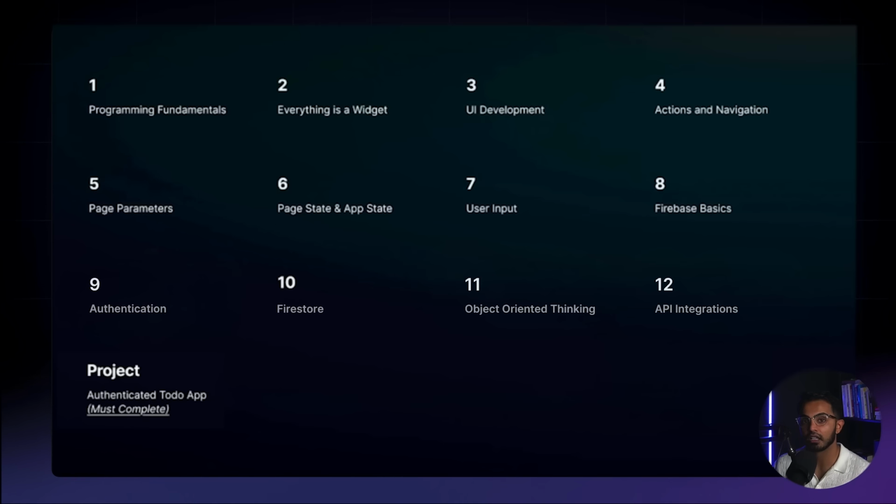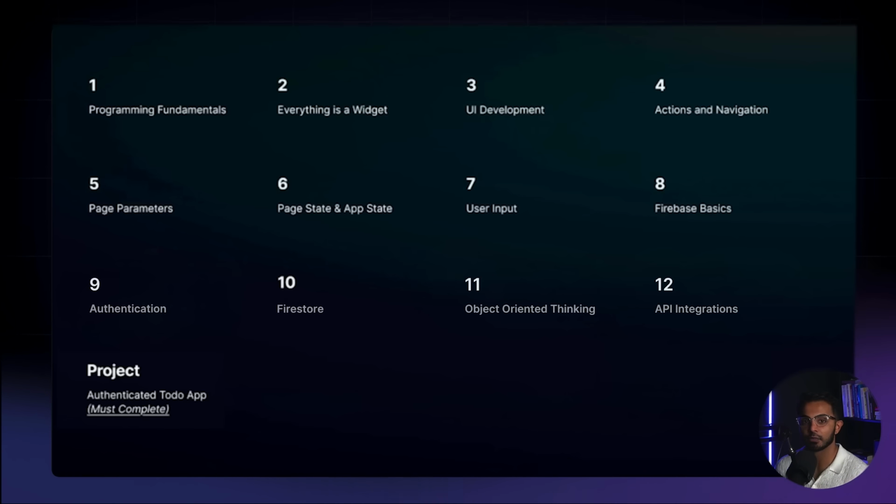So I've been asked many times, can I learn how to become a Flutter developer using FlutterFlow? And I believe the answer is yes. I'm also going to approach this course in a way where you can acquire the Flutter developer skills, so you don't just limit yourself to FlutterFlow. I'll make sure to cover as much Flutter as I can in this course.